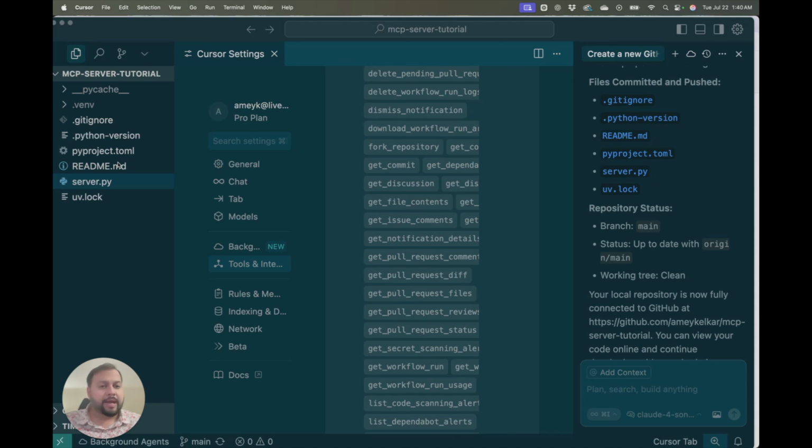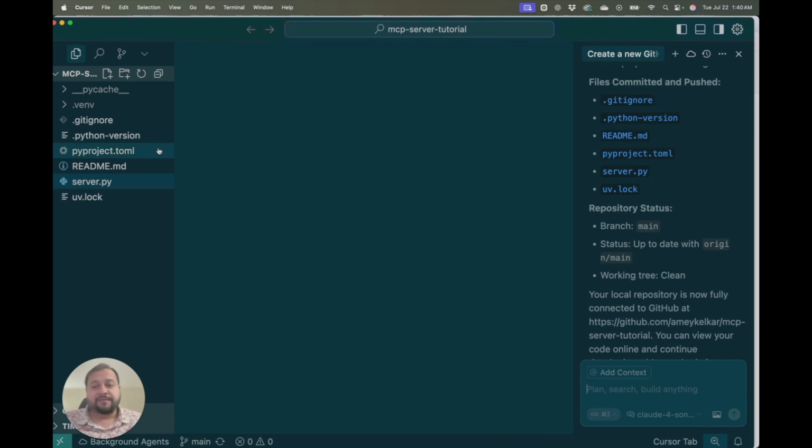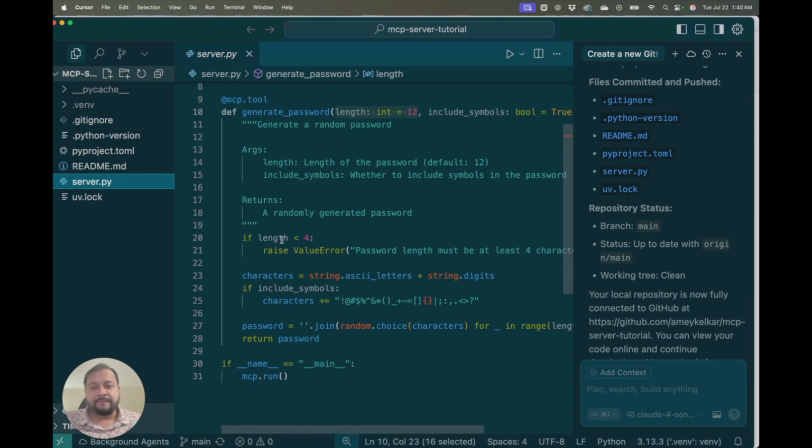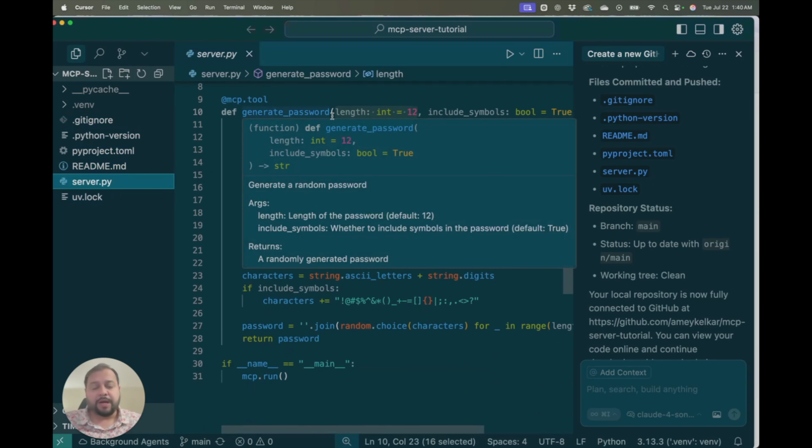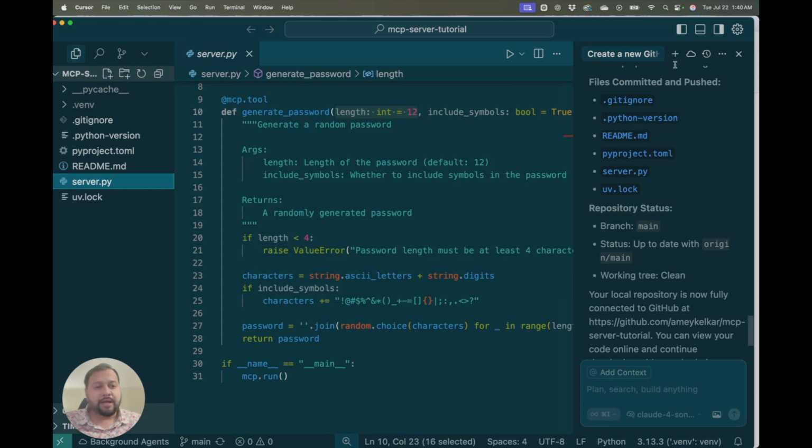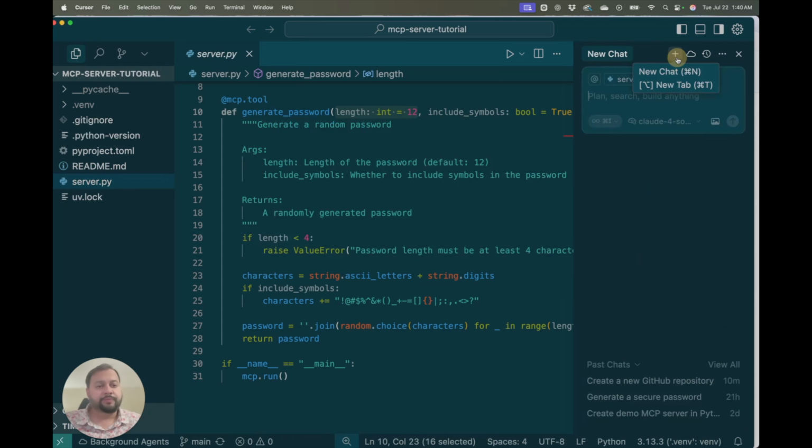So like I said previously, we are just going to use AI for all this stuff. I'm not going to use any document reference. And this is like the first time I'm trying with you. Let's see how it works. So we do have a server file and we do have an MCP tool generate password. So on the AI, let me create a new chat. And I'm going to prompt: create